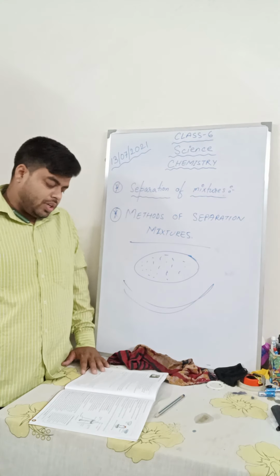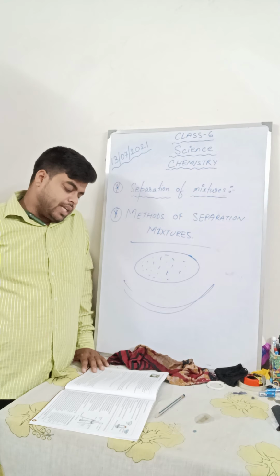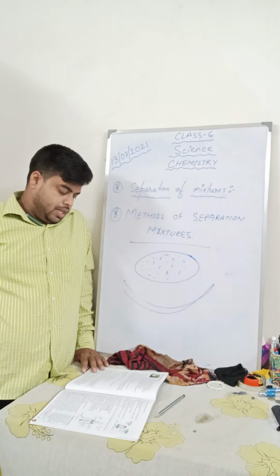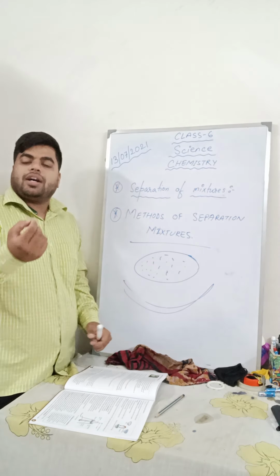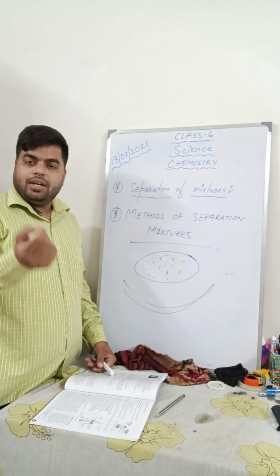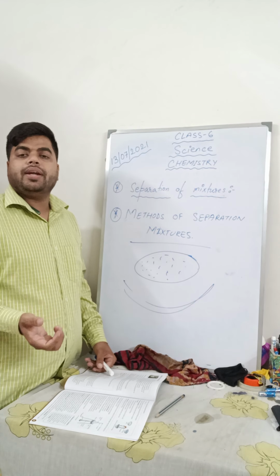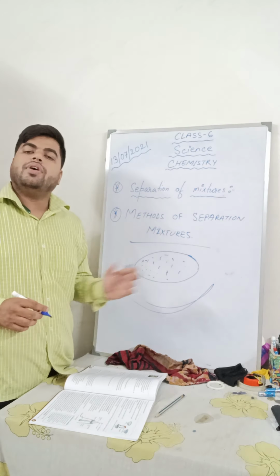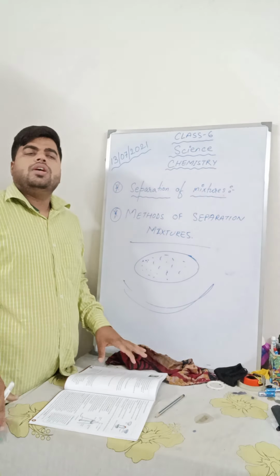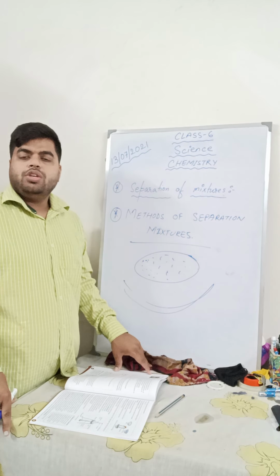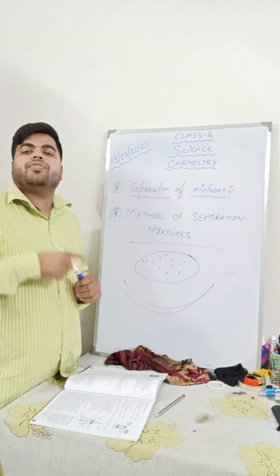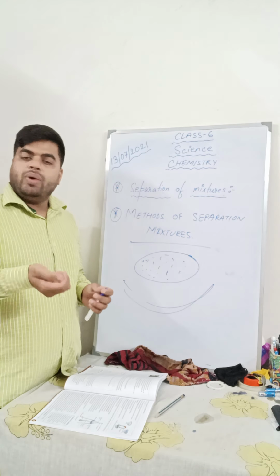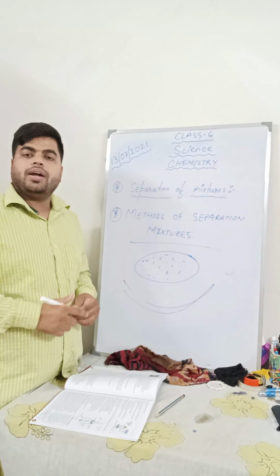According to the size and kind of components to be separated, sieves with different pore sizes are available for use. So, according to the shape and size of the particles that have to be separated, different kinds of sieves with different sizes of holes are found. If you go to a construction site, you will find a large sieve that is used to separate the mud from the sand. If you see the sieve in the house, the holes are very small, where you separate the flour from the mixture of flour and husk.